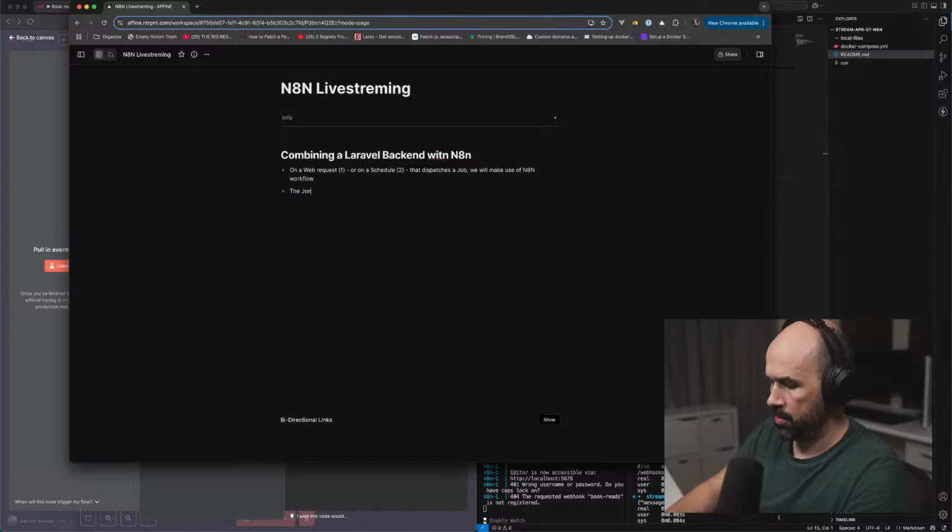The job starts delivering a payload for our webhook in the workflow.